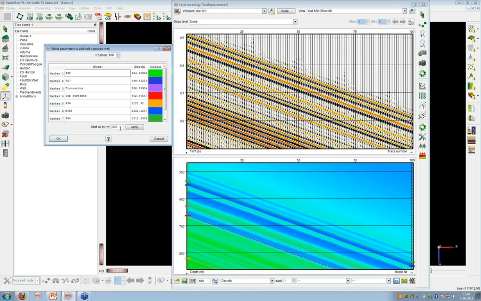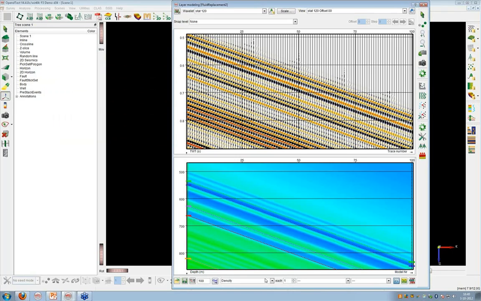Here by default it's 300 meters. That's actually what we apply. You click apply, and then it will just shift your pseudo well, and I will redo the interpolation between the two. And the more you click on apply, the more you apply the same shift. So once you have designed your two